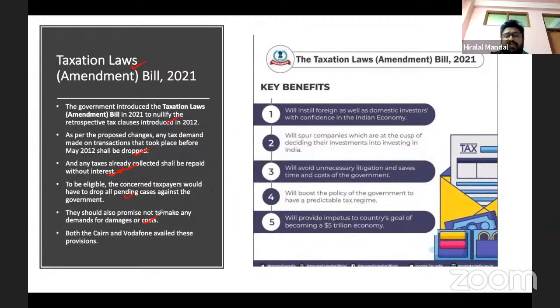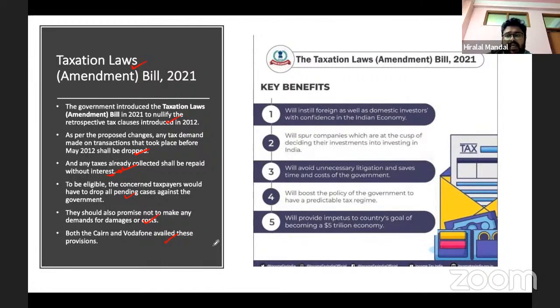Why? Because first of all, it will bring back the confidence of the investor in India. At the same time, companies like Cairn Energy and Vodafone will directly get benefited, in the sense that money will be released to them. These companies are already facing huge uncertainty, so they will be able to revive their companies, and it will also simplify the tax process in the country, and it will also help the ease of doing business in the